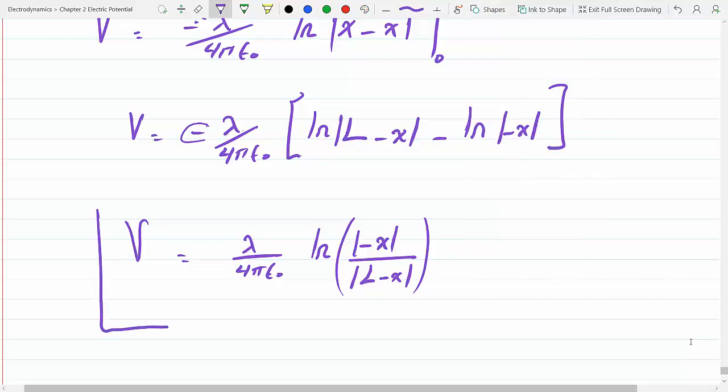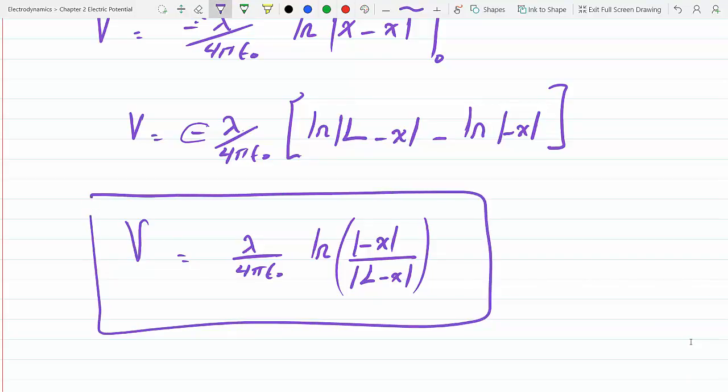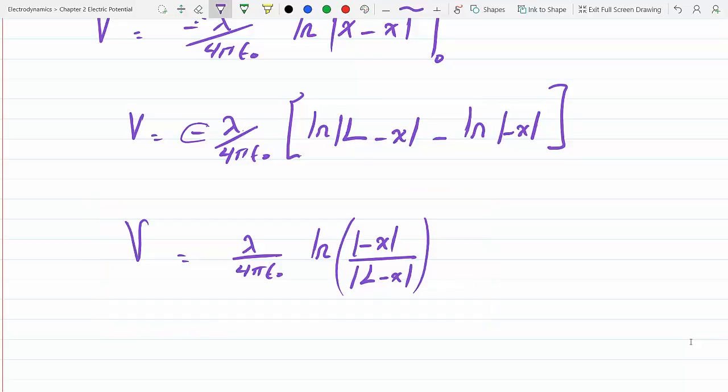And shouldn't it be ln of positive x over ln of L minus x? Where? It wouldn't, because